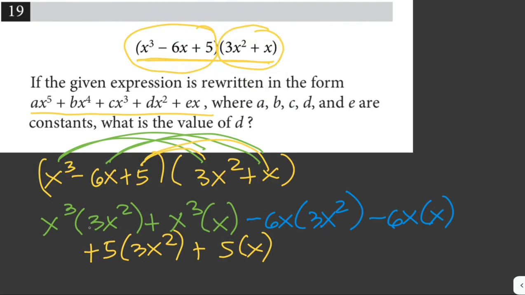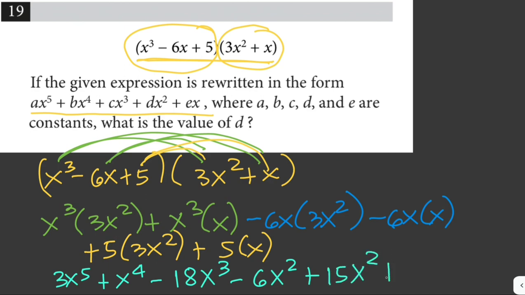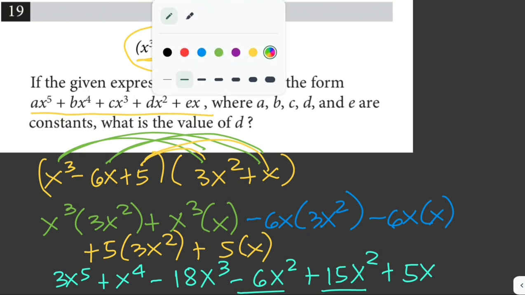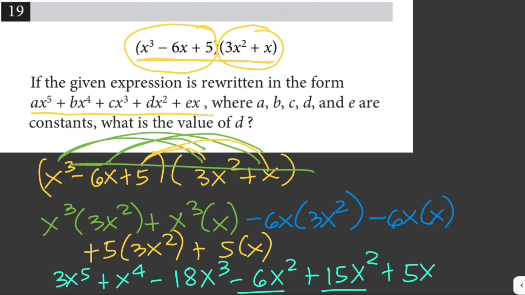x cubed times 3x squared is 3x to the fifth. x cubed times x is x to the fourth. Minus 6 times 3 is 18x cubed. Minus 6x squared plus 5 times 3x squared is 15x squared plus 5x. And now we can simplify this further by grouping like terms. So the only like terms here are negative 6x squared and 15x squared. So we can write our equation as